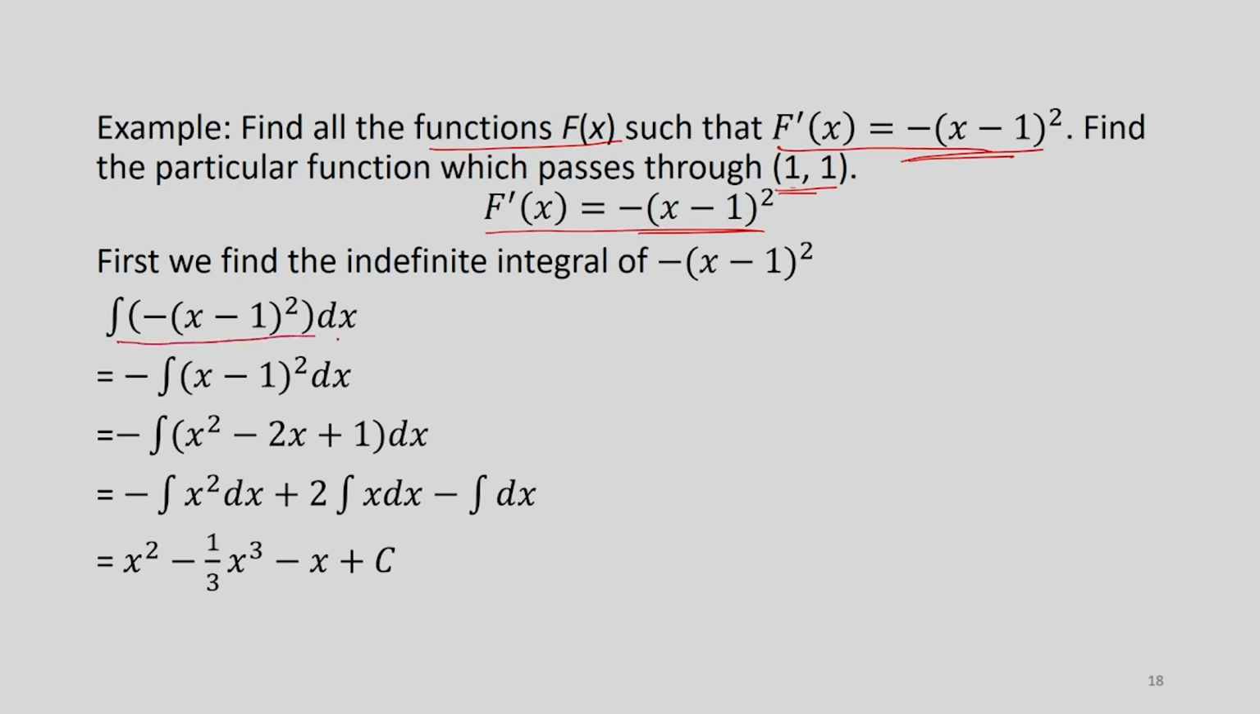Now, here we are trying to find the indefinite integral of minus (x minus 1) whole square dx, because x is the variable of integration. One can take the minus 1 outside, so it becomes minus of integration of (x minus 1) whole square dx. Now, this is the (a minus b) whole square formula. So, this will be x square minus 2x plus 1,